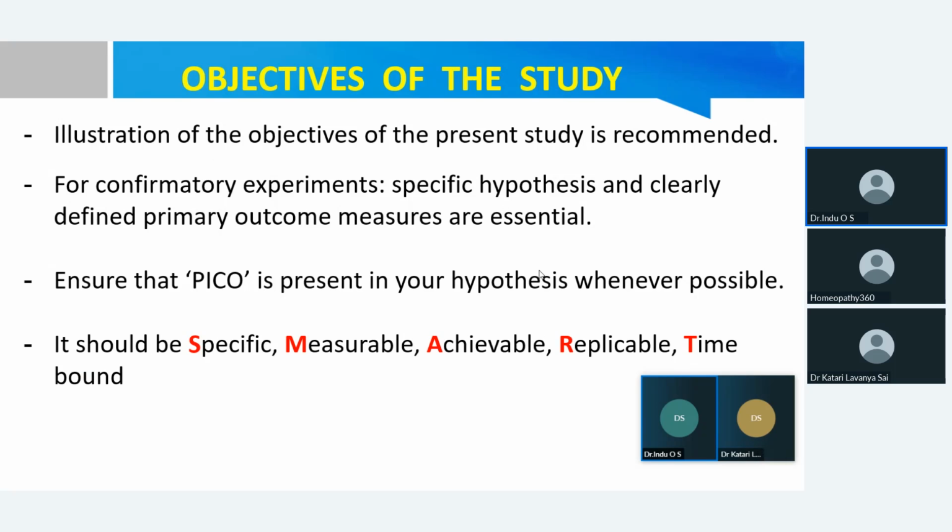But objective is actually a secondary aim. So the minute specific details should be there in the objective. Out of this title you can frame objectives like which medicine is more effective, and which potency is more effective. All those things you can mention, which sex is more affected. These things you can mention under the objective, and the time duration taken for getting ameliorated in each group you can take as an objective. So it should be specific and it should be measurable also.